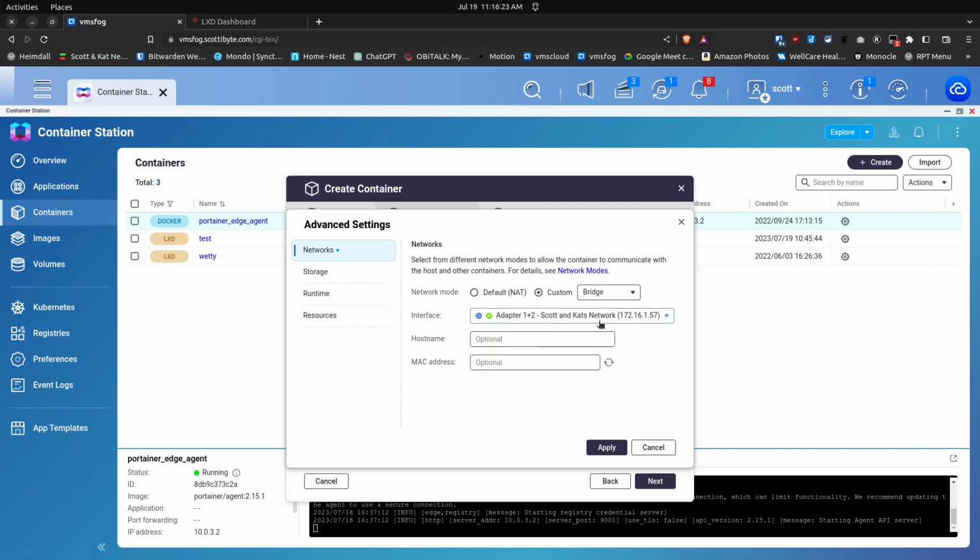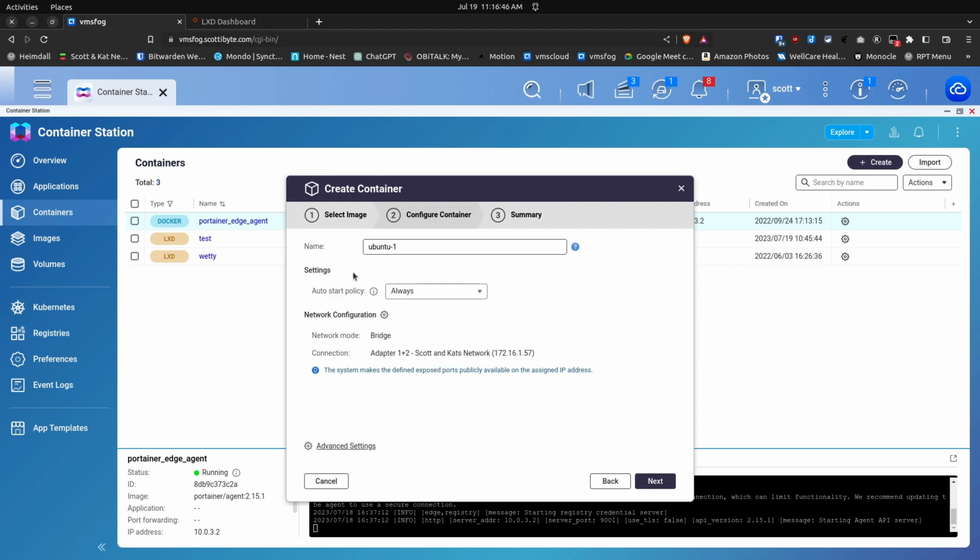By default, I'll say my teamed adapters 1 and 2, which go to my main LAN. For whatever reason, they don't make this MAC address a default, but I'm going to click on it. And what that says is that every time this container starts up, it'll get the same MAC address. And then I can go ahead and do an apply,